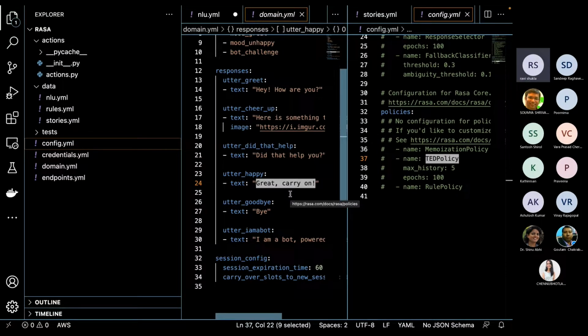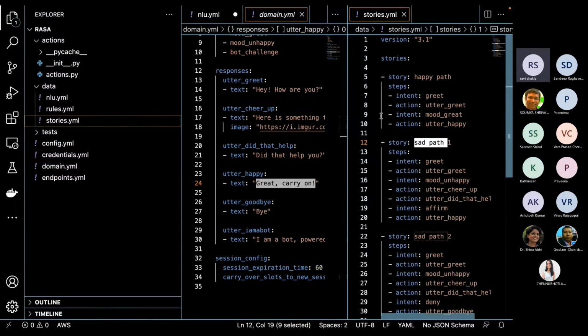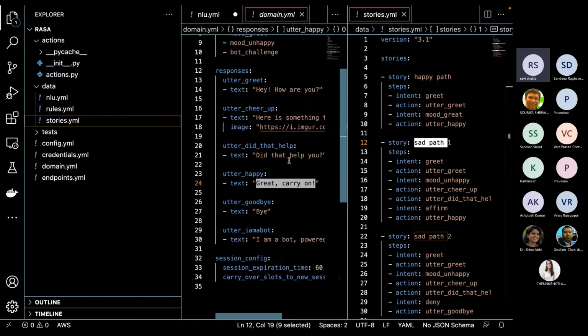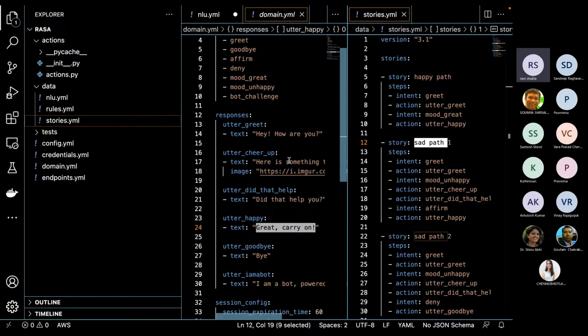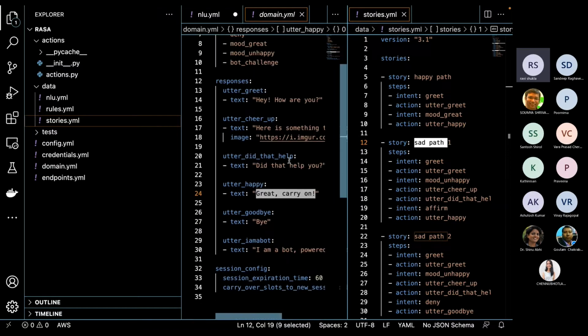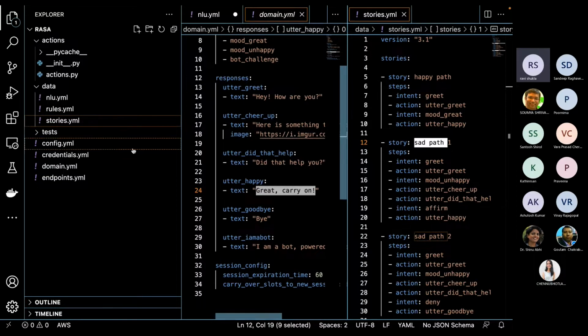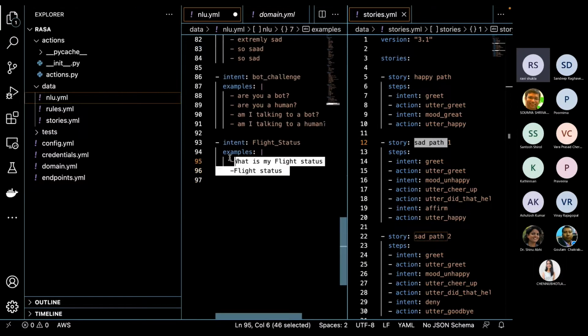Now the domain.yaml file has all these responses which the chatbot can utter, right? Okay, we already saw we were creating, don't do it now, Sandeep, but just discussing, we can do it later. We created one flight status intent in nlu.yaml and gave one example. So correspondingly, we can now go to domain.yaml and put actions to this.